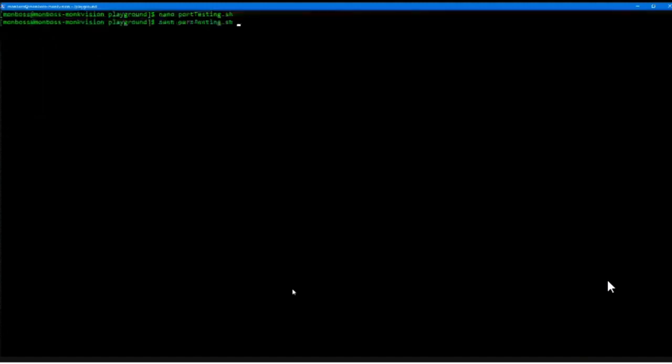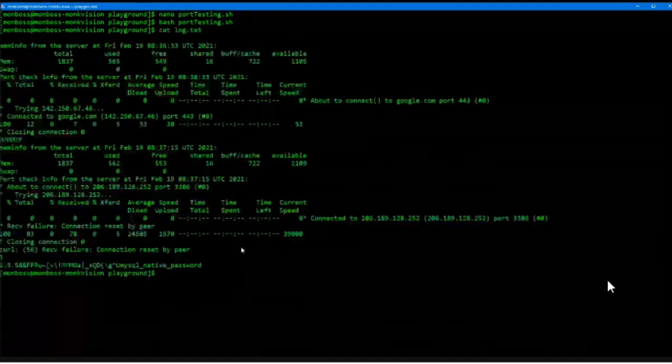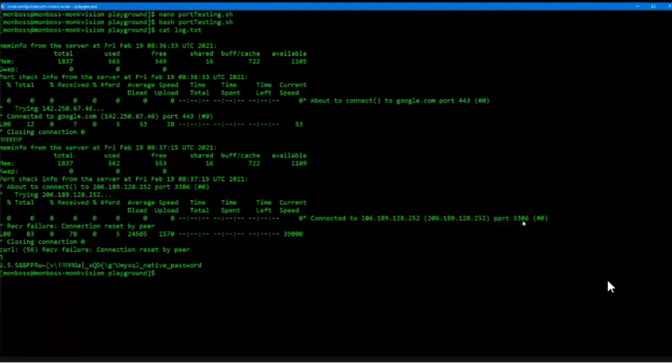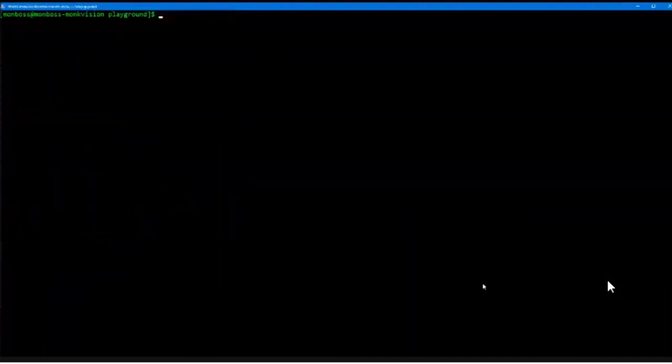Now, if I do a port testing here and check the logs, you see that it says connected to port 3306, which means that my port 3306 is active, the service is active, it's connecting perfectly fine. I can give you another proof by actually shutting down a leaf and then trying to connect to it, and I'll show you that it won't actually connect. Let me SSH inside the